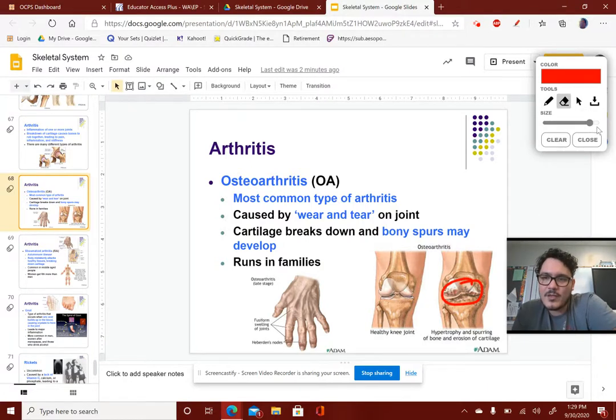It is familial, so this is something that can be genetic. Because it can be genetic, if you know you have a family member that has it, especially a direct family member, just be aware. It could be passed down to you. But because it's a wear and tear type of condition, it's not something that typically affects people that are young. It's typically something that affects people in their 50s and 60s and so on and so forth.